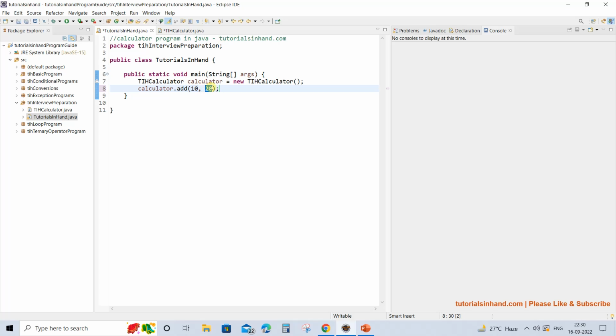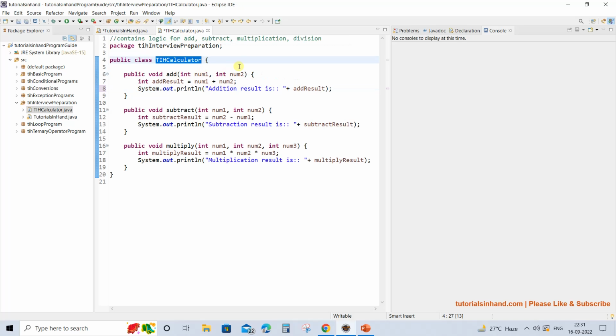As I said, we are not using the getter and setter to pass these parameters, so for simplicity we will use hard-coded values, and in the next video tutorial we will pass them using the getter and setter methods. So in this case what is happening, this is going to call the add method of this TIH calculator class, right?